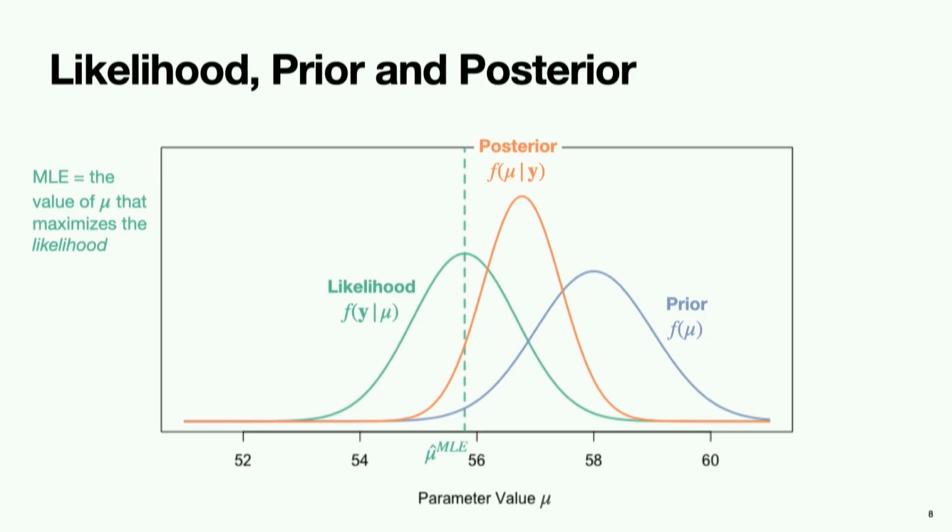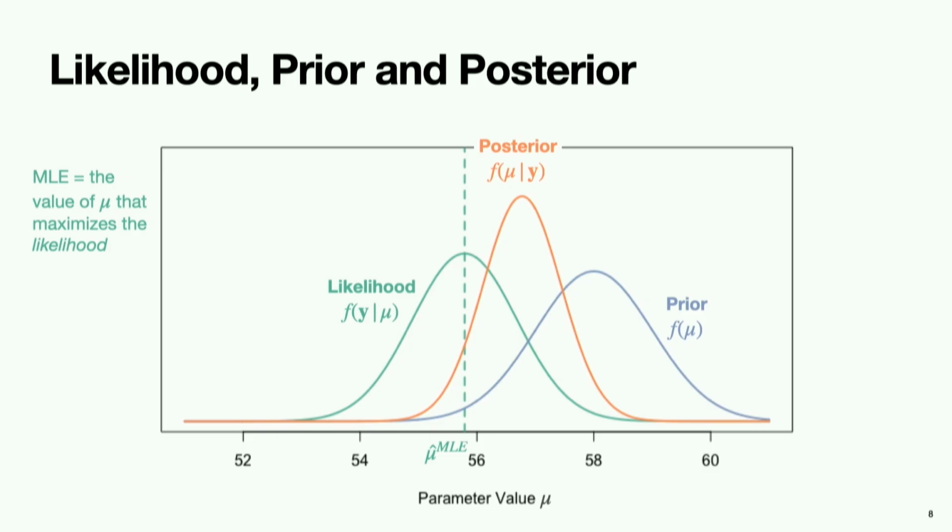Okay, whereas the prior and the posterior actually are probability distributions. So I've rescaled the likelihood so it can be plotted on the same scale here. All right, so let's say our prior says, well, I really believe that the value of this parameter should be between 55 and 65. So I'm going to put a prior distribution on that parameter that basically constrains the values between 55 and 65. Now the posterior then is going to lie somewhere in the middle of the likelihood and